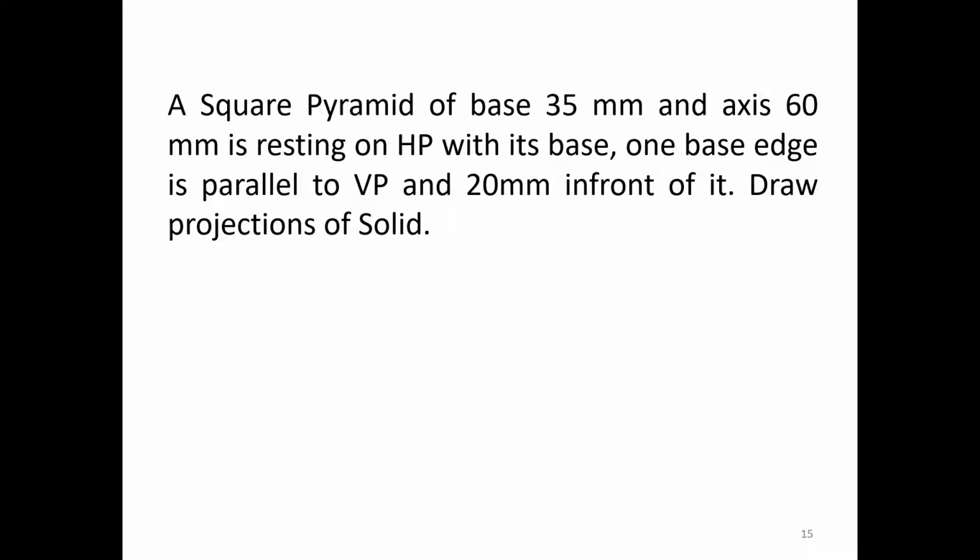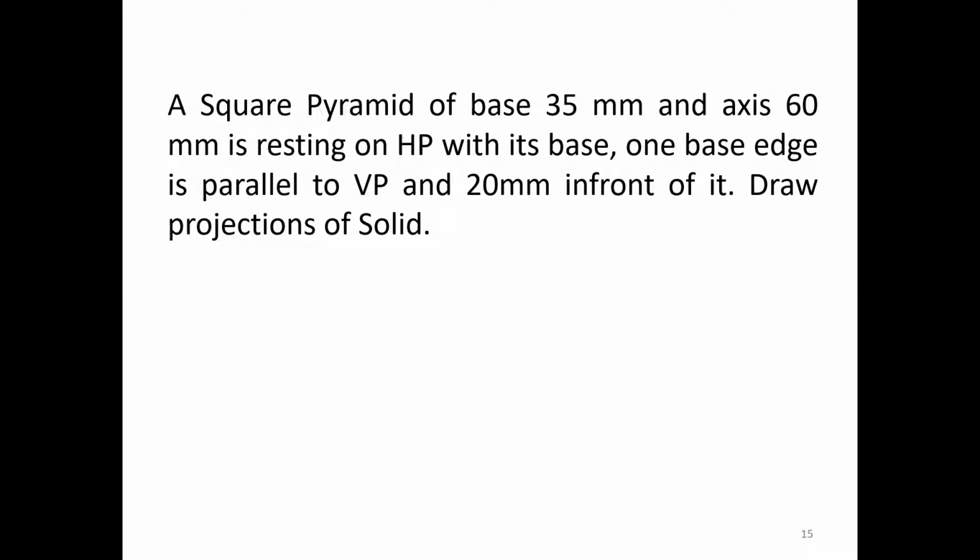Okay, in which view we can see the square shape? In top view or front view? Top view. That means the square is on horizontal plane. Then the objects on horizontal plane is visible from top view. Okay. Then